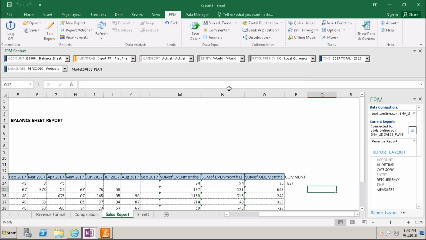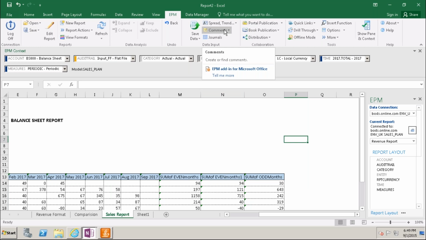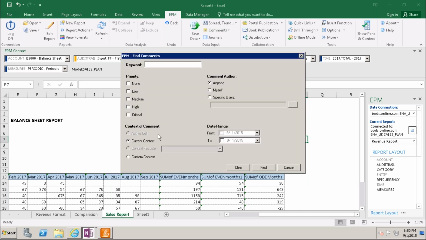I'll explain the comment here, not this comment. This comment and that comment are different. This one, I'll explain what this comment is, and find comments. Keyword.